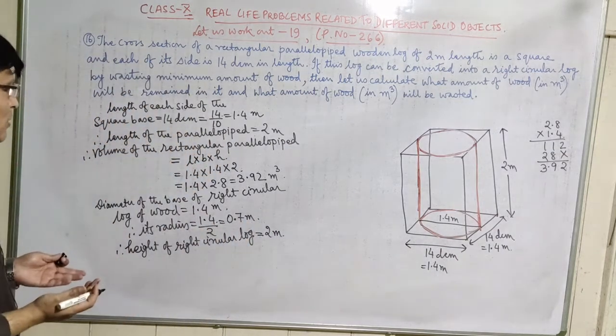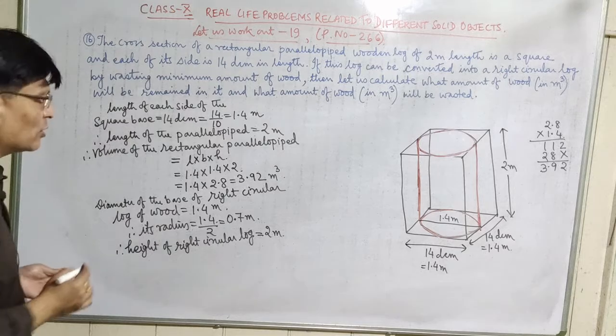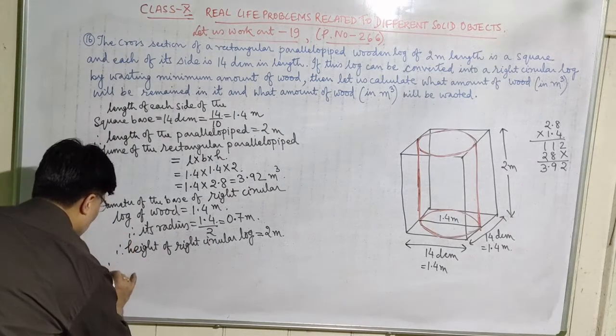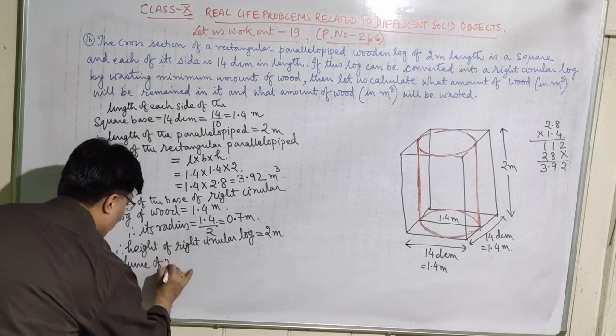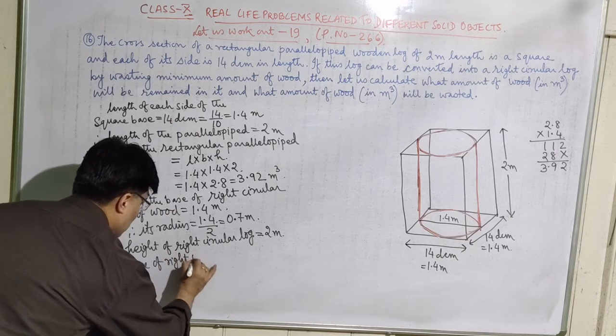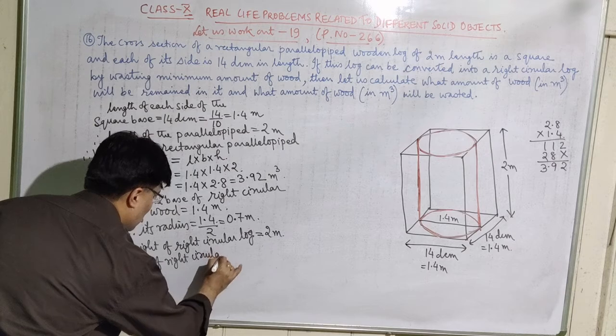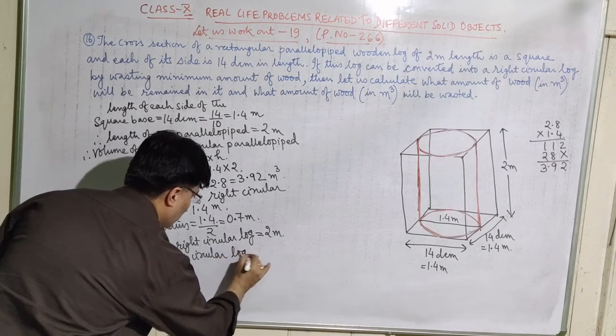So now let us calculate the volume of the right circular log of wood. Therefore, the volume of the right circular log of wood